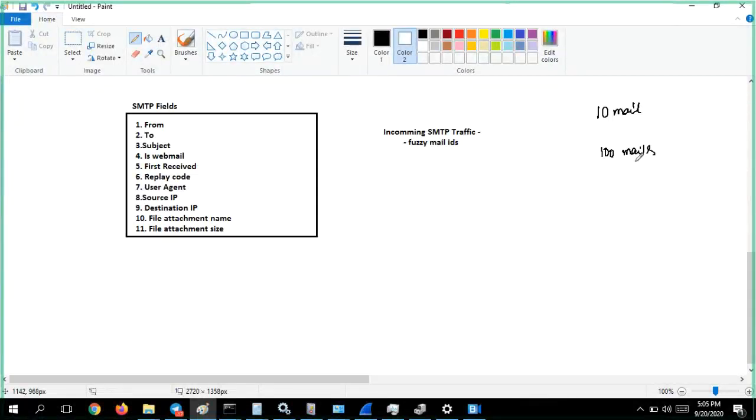What could be the reason of this? It could be the reason that your email ID list of your employees has gone to some marketing company and they started advertising their products to all your employees. That is also one reason. So from your company, some marketing company received from someone. It can be from your internal employee who collected all the email IDs of the organization employees and he has sold it to these guys